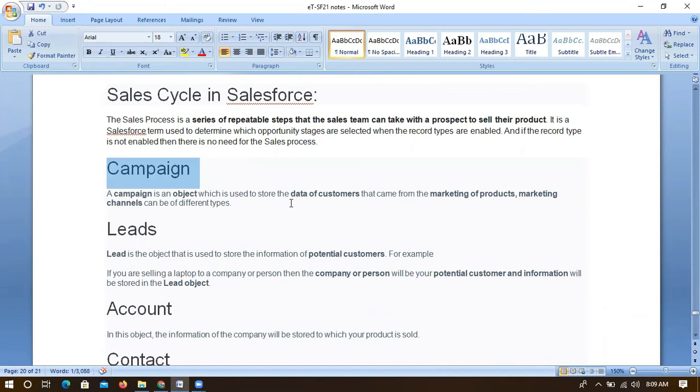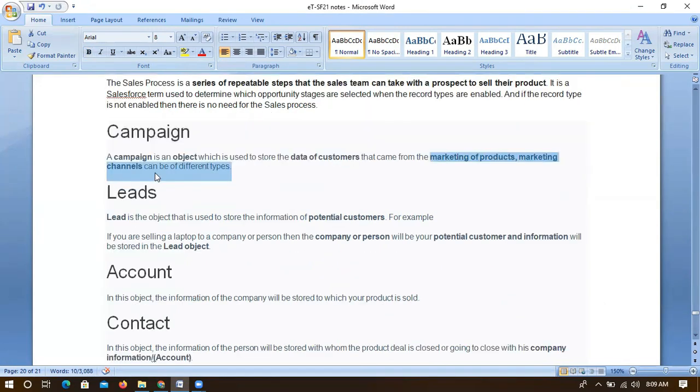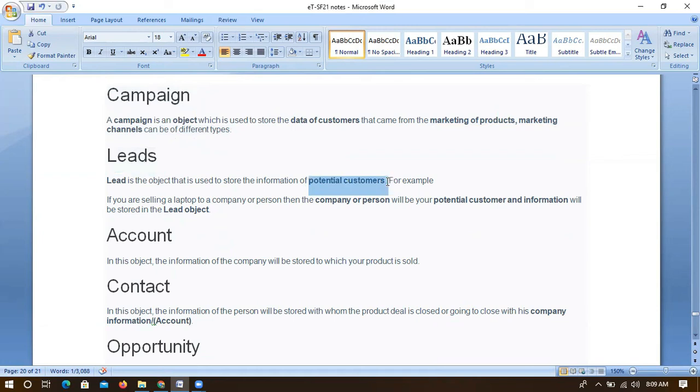We have already created a campaign, right? It stores the customer's information from different marketing strategies. So we just store that information. A lead is actually a potential customer, that means someone who is interested in our products. If we are speaking with 1,000 people, only 10 or 50 people may actually listen to our words. They can come to our business, they can show interest. These are leads. They are just potential customers, but not customers. They are showing interest towards the products.